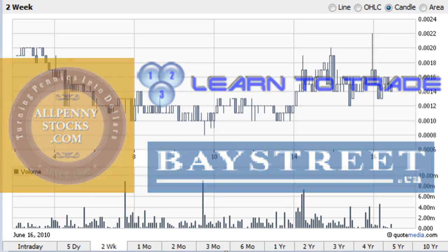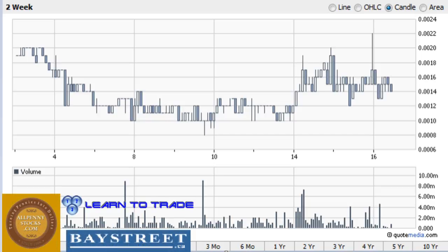Right now we are taking a look at the 2-week intraday chart of POPN Incorporated, once again stock ticker POPN. And we can see that price is currently moving back and forth within a price channel. So we can see that price is moving lower and higher, and basically overall just moving sideways over the past